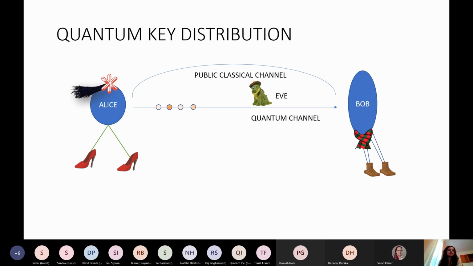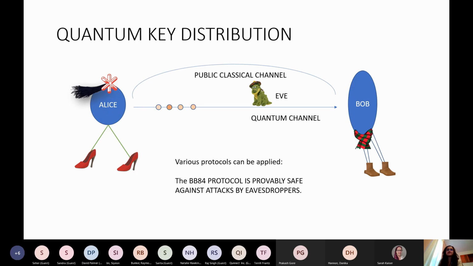So Alice, which is going to be the ROKS mission, is going to be sending out photons. Now, single photon sources can be quite hard to get in the market. Single photon sources are also quite difficult to ensure that we can produce single photons at the frequency we require. So we are using something known as a weak coherent pulse, laser pulse, to send out almost single photons over the quantum channel. We also need a classical channel to do a lot of post-processing, right? So there are various different kinds of protocols here that can be applied. The BB84 protocol, which has been there for a long time, has been provably safe against attacks by eavesdroppers.